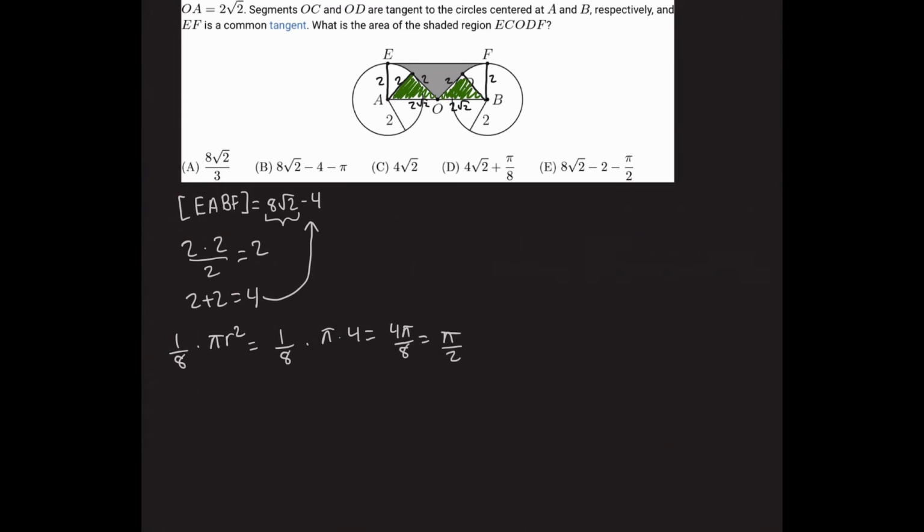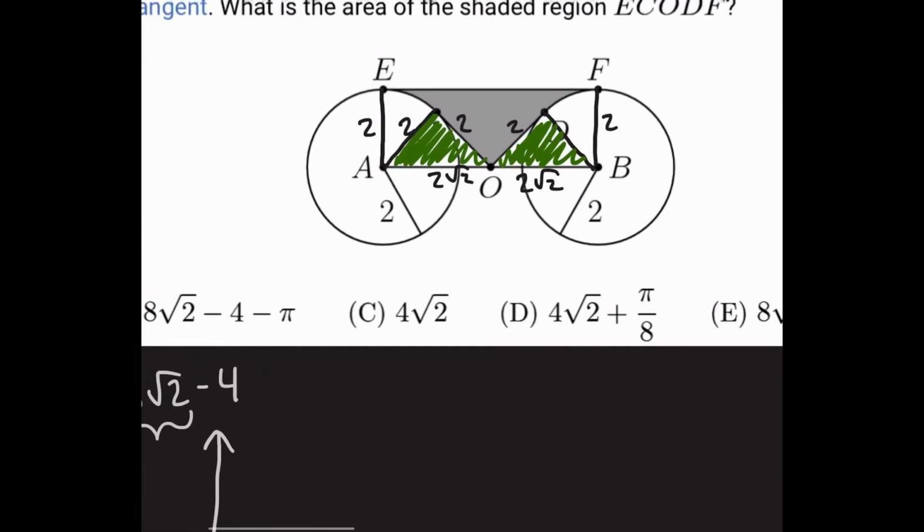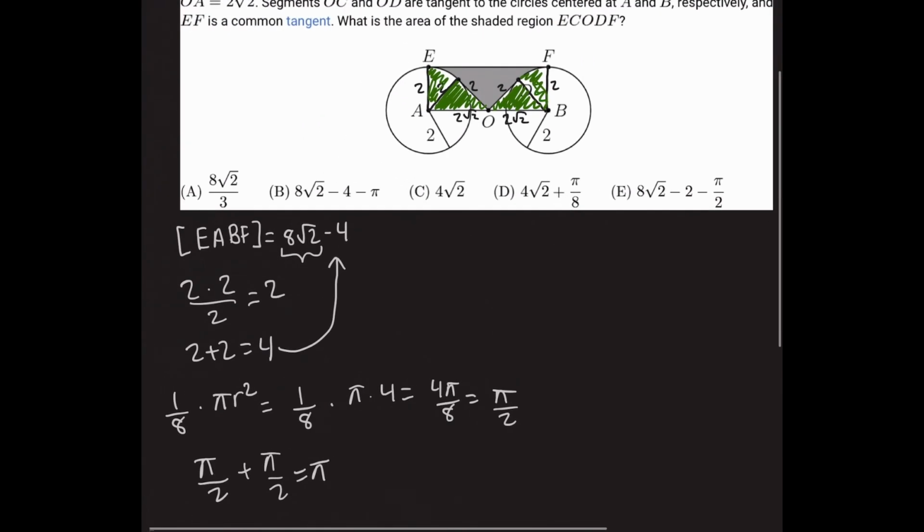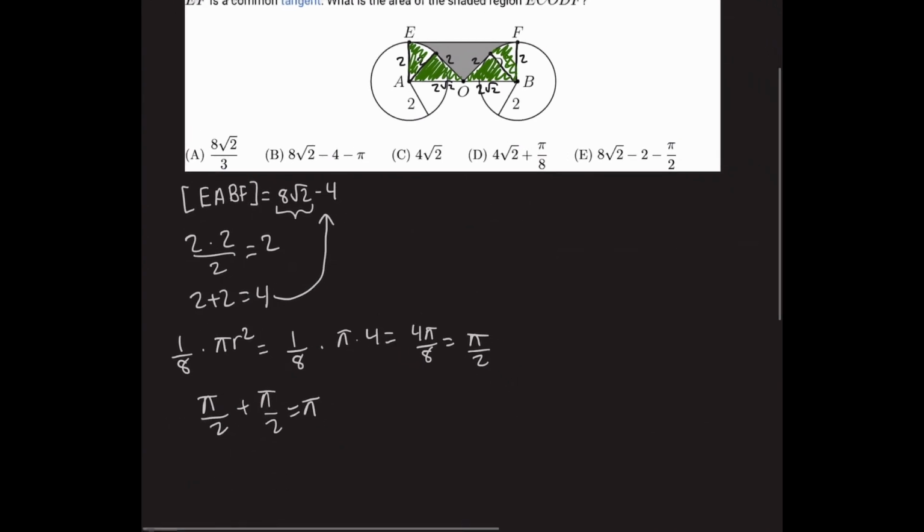Now this is just for one of the arcs. To find the area of the other one, it's going to be the same thing. It's going to be pi over 2 as well. So pi over 2 plus pi over 2 is equal to pi. And once again, I just counted these regions right here, this one and this one. And so those are pi. And so we also have to subtract that from the total. So it's going to be 8 root 2